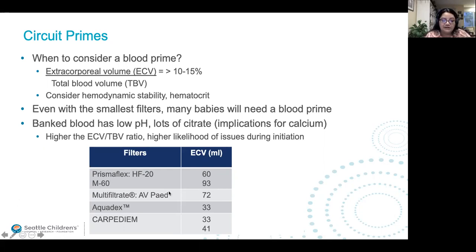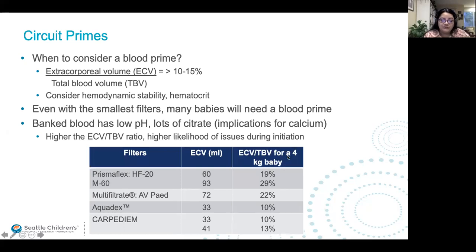Now, this table here shows you the various circuits, or sizes that are available, ranging from 33 mLs to 93 mLs. And you'll see that even with the smallest filters, many babies end up requiring blood prime. Now, if you look at the ratio, let's say for a 4 kilo baby, the ratio of extracorporeal volume to total blood volume can be 10% with the Carpe Diem small filter or with Aquadex, and it can be as high as 29% with an M60 filter. So here with the M60 filter, for example, 1/3 of the patient's blood volume could potentially be outside their body